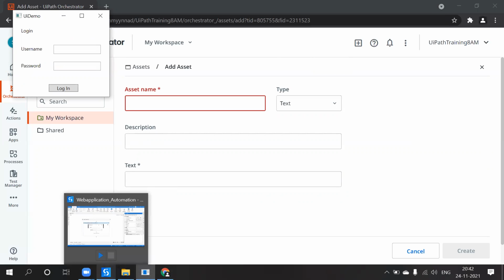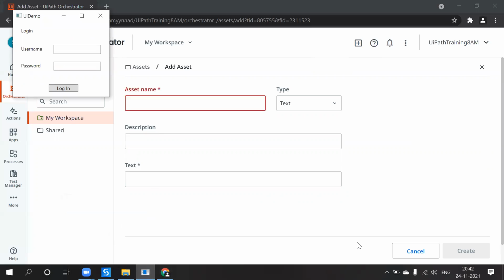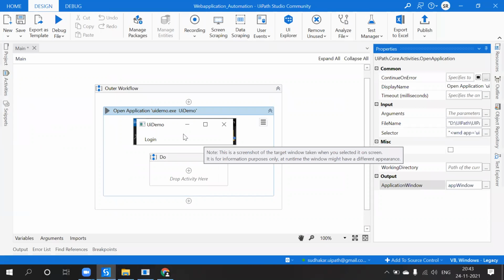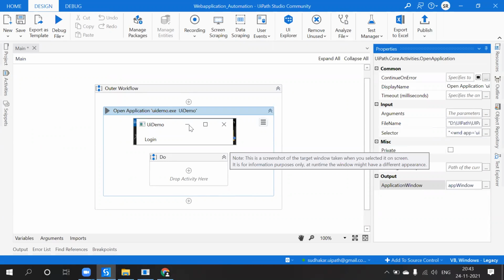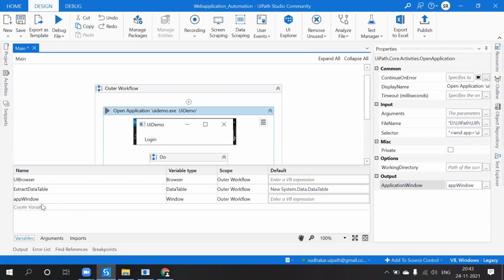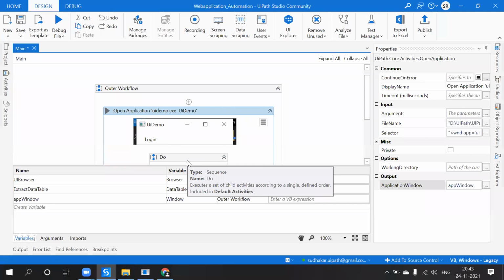Whenever we are deploying our use case into the testing environment or production environment, for example, if I keep the credential values, username and password, as the credentials, so if the username and password of this application is the same across all the platforms, that means all the environments like testing or production environment.